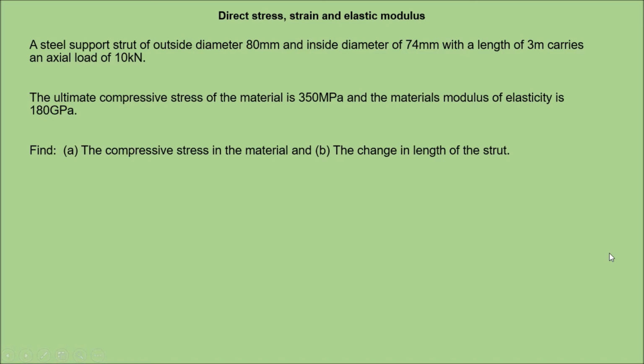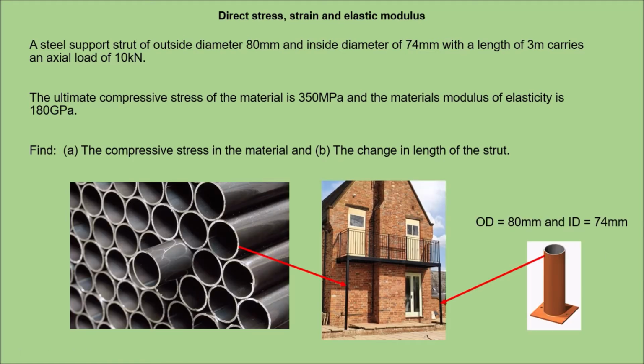Now to try and get your head around this question, I've put some images together for you. It's got a house with a balcony and it's got these two things at either end of the balcony, and these are classed as struts, which is where this word comes up here. So a strut allows a load to be applied to it in a compressive direction, so that's being squashed in